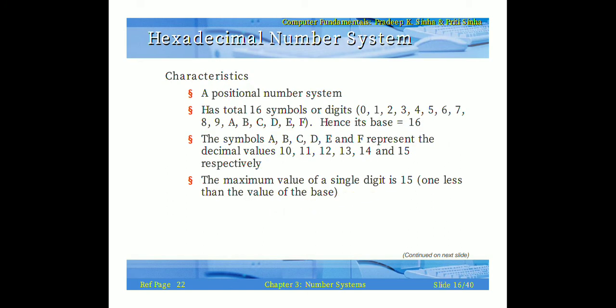Similarly, another number system which we can also use in the computer system is the hexadecimal number system. Here the number of symbols used is a total of 16. 0 to 9 is common, like decimal. Then for 10, 11, 12, 13, 14, 15, we are going to use A, B, C, D, E, F alphabets. So 0 to F.